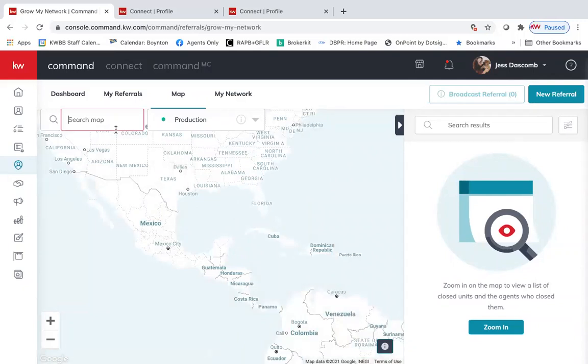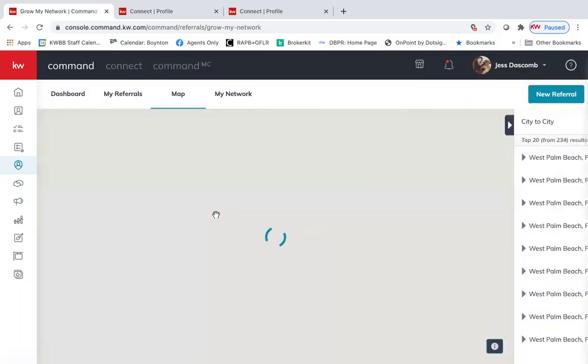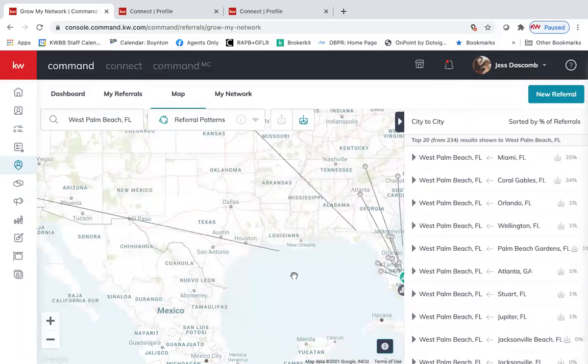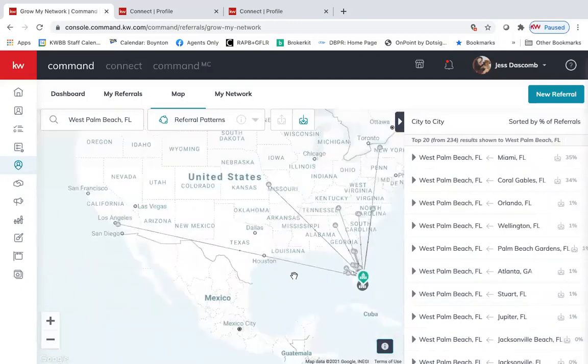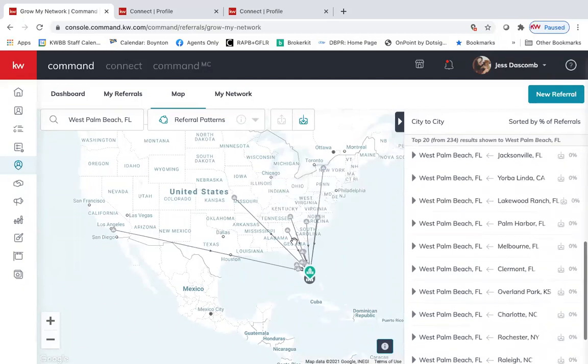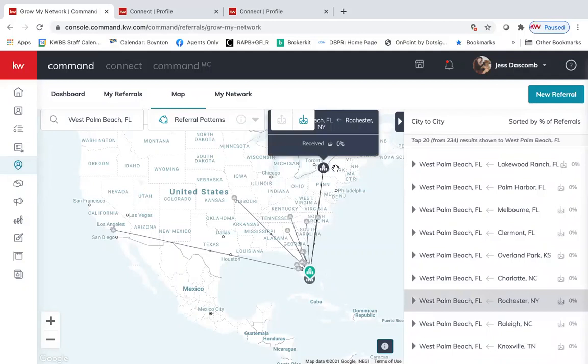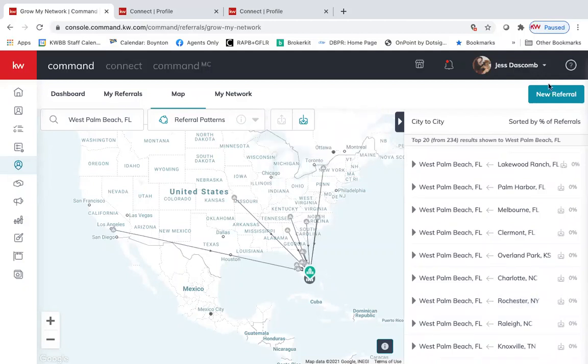So like we saw before, we typed in West Palm Beach, or let's do Boynton Beach, because we're Boynton Beach. Boca Raton, Boynton. Let's do referral patterns and see where Boca is coming in. I see a little Tennessee, Kansas City in between Missouri and Kansas. So we see that we've got a lot coming from Tennessee, North and South Carolina, some Georgia, LA, and New York. I would suggest finding 5 of your top producers in those areas and sending them a referral request, because